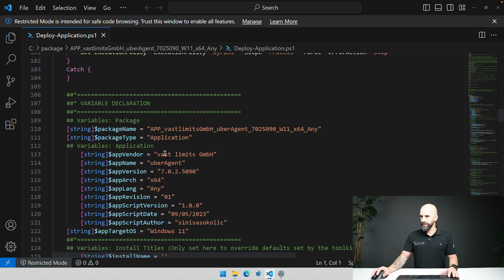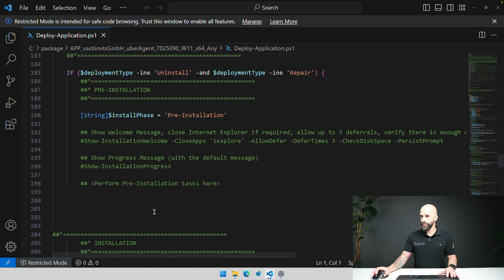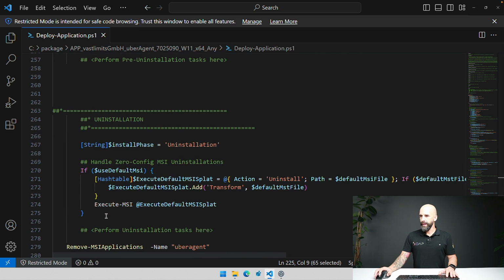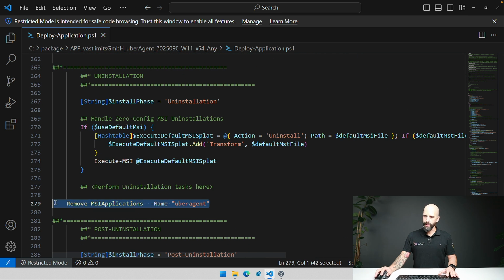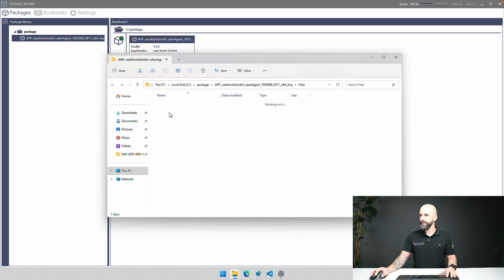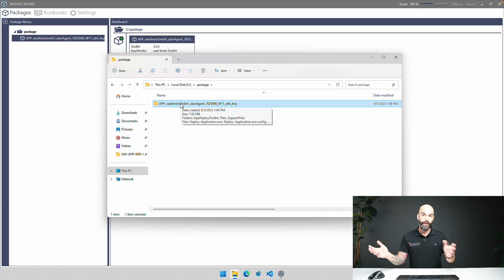all those variables were filled in as we did from the package wizard. And if I go to the installation phase, I will now see execute MSI is integrated here. And uninstallation, remove MSI applications name Uber agent is here as well. Let's close this. What else can we see here? We have that name specified as in the package wizard, and if you go to files, we have the source here. So that's the package now that you can copy somewhere else, integrate it in System Center, or zip